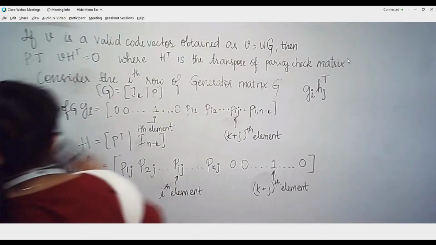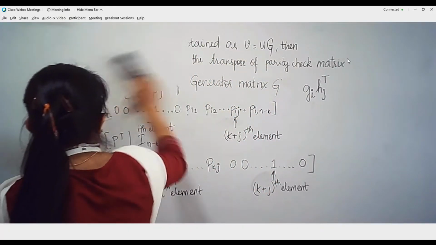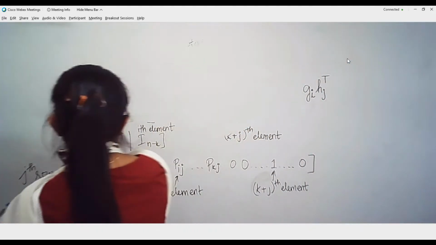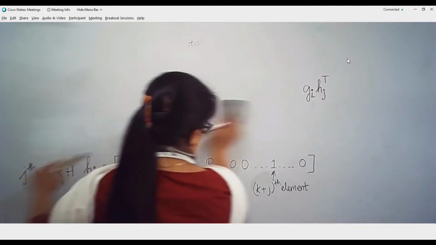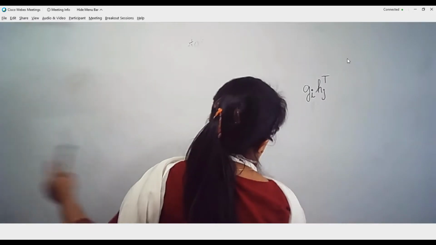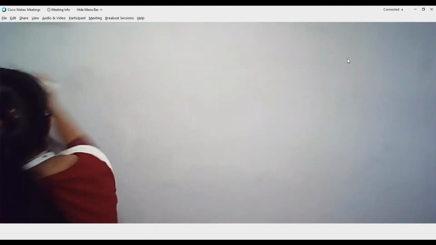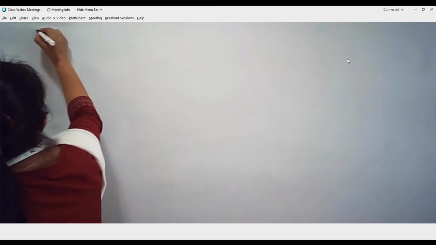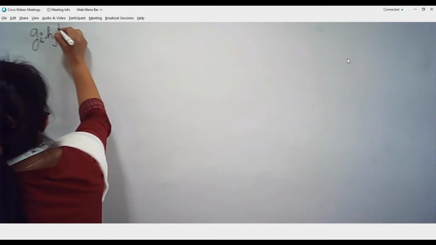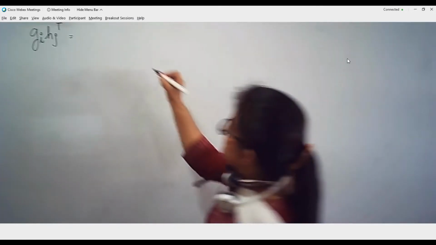So we are going to do this simple multiplication. We are only multiplying one single row, and therefore it holds good for all the rows of G and H. I have erased everything, so you people have to help me out because the space is very less over here. I am not able to fix up the camera to cover a larger area. Please forgive me for that. So I'm going to do the multiplication of G suffix i and H suffix j transpose. So you tell me whatever we had written previously.